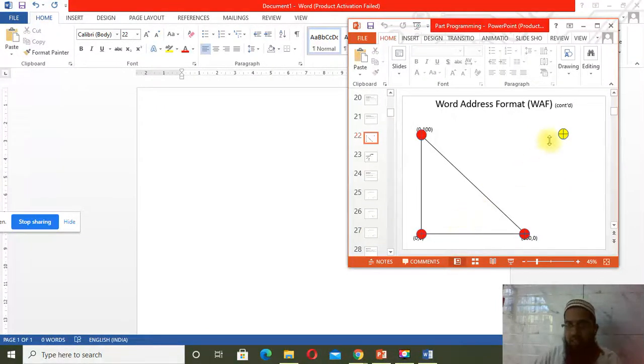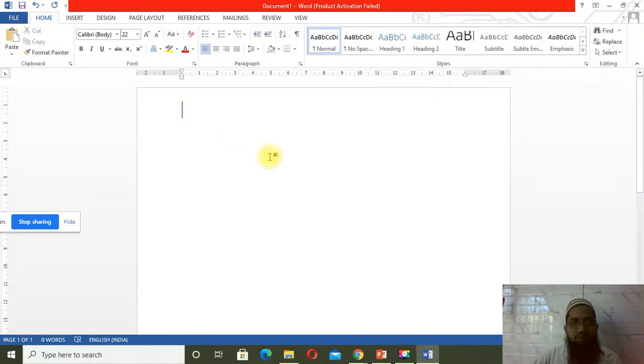Okay, initially the tool is over here. This is a tool, and I want to move this tool from here to here, but before that I have to write some standard code regarding the dimension, the positioning, the feed rate, and the other things. So here, first of all, I am writing some code.